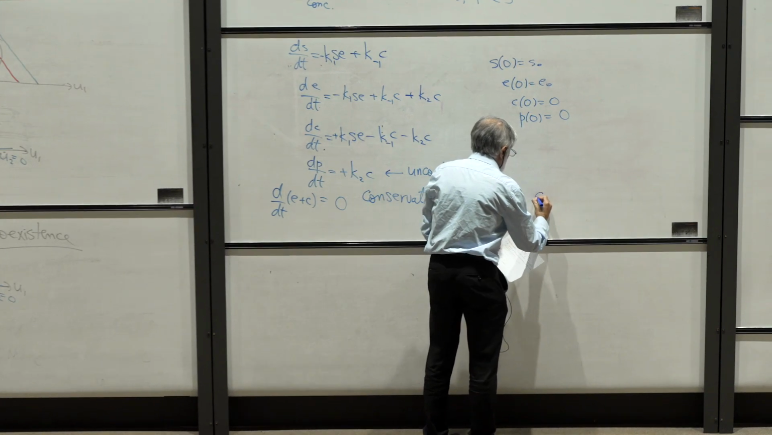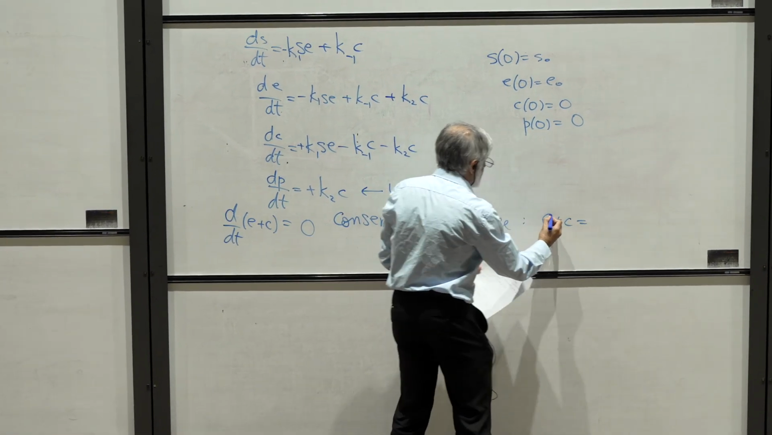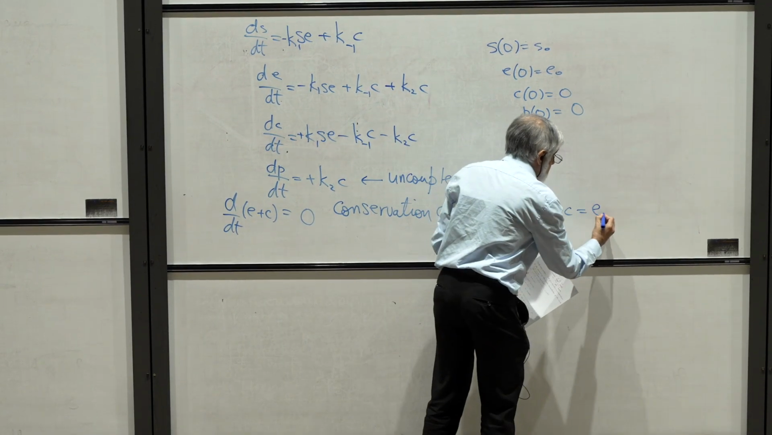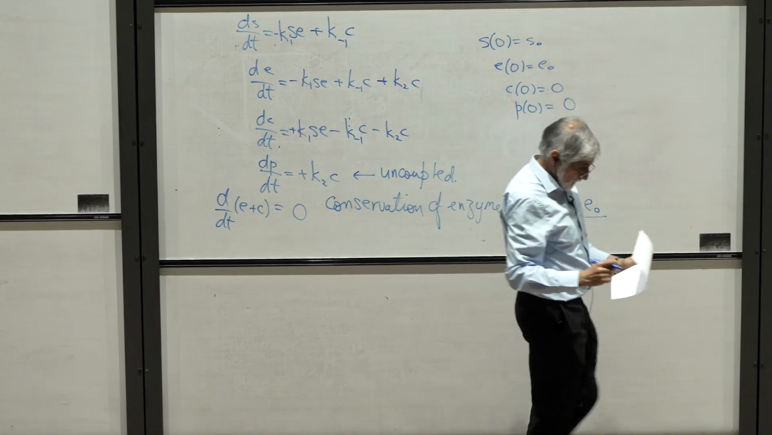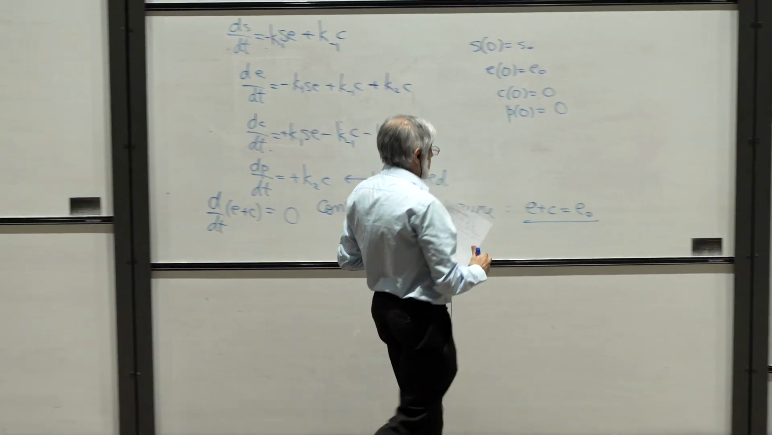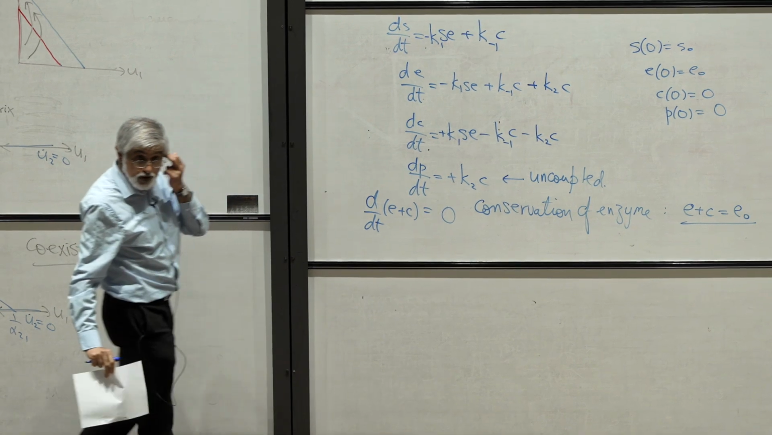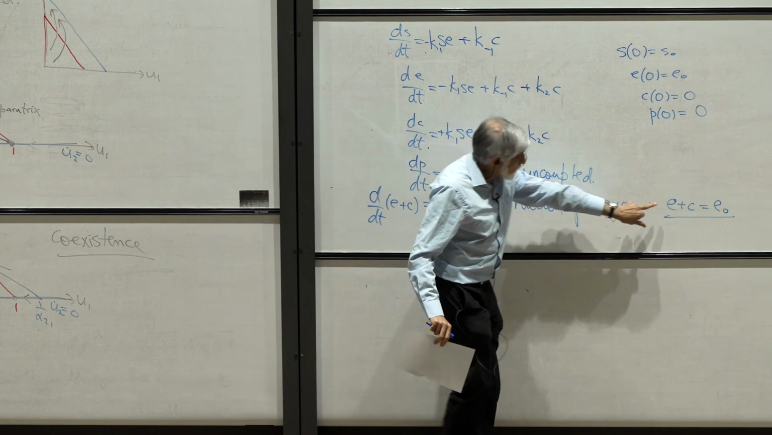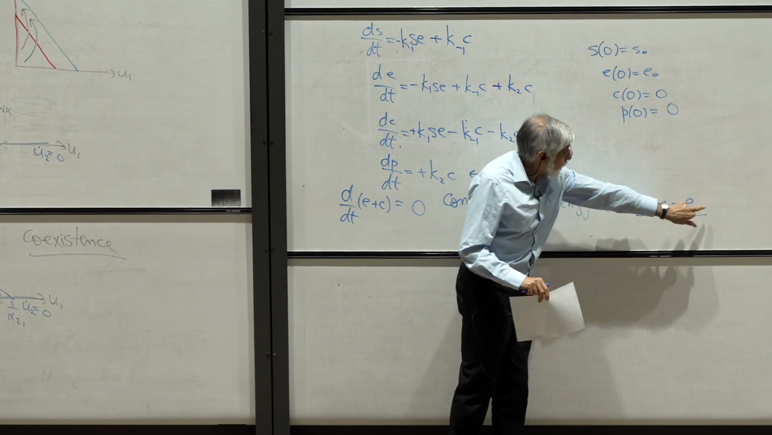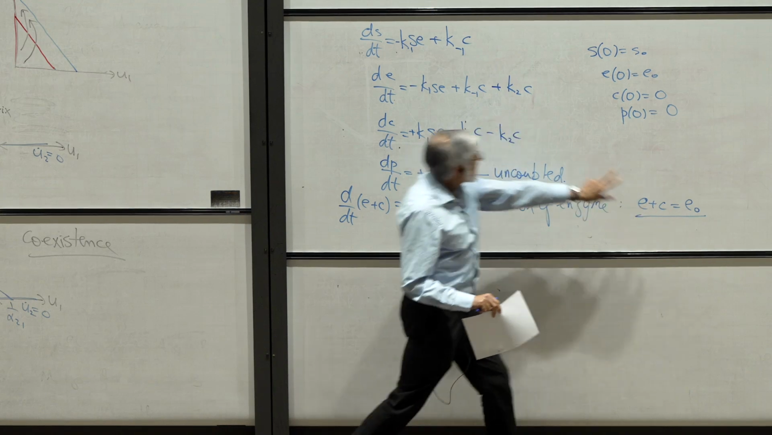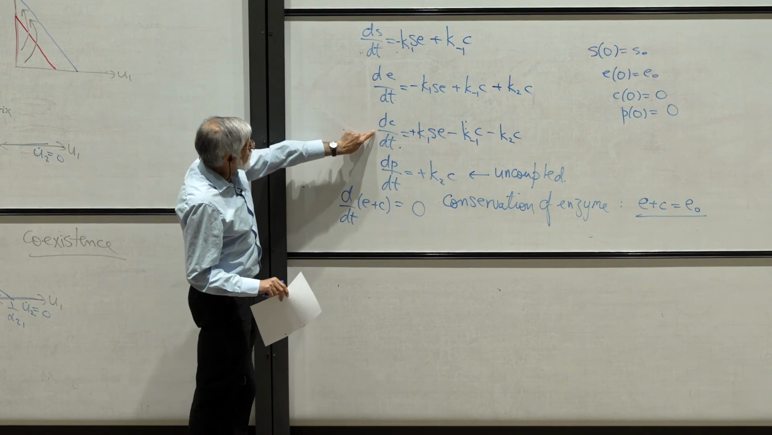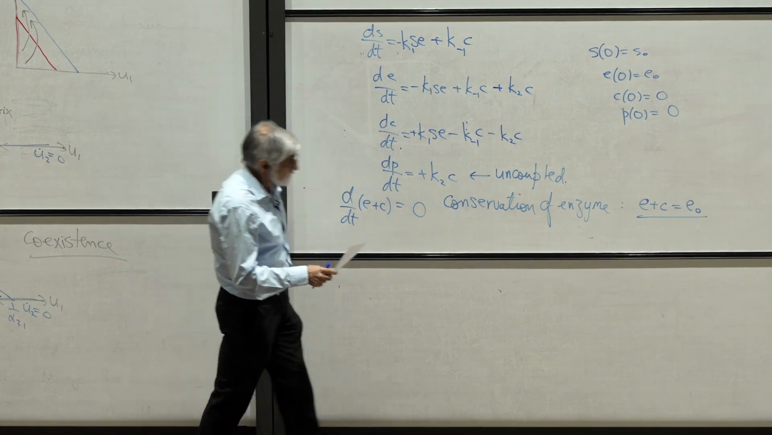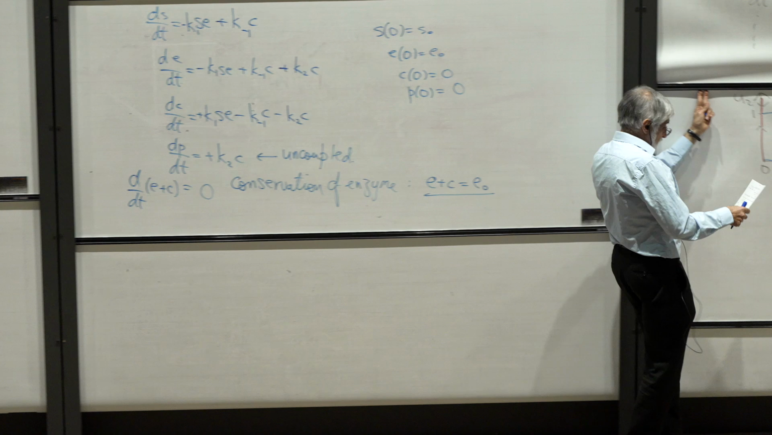So E plus C equals a constant. Initially, it's E naught. So now we can eliminate either E or C. And what they did was they said, okay, E is E naught minus C. So I'll take these two equations. So then we end up getting